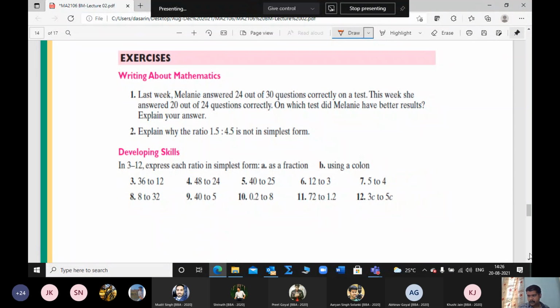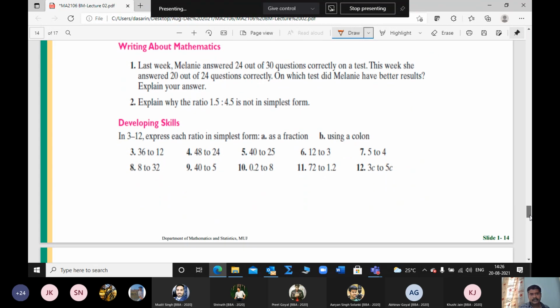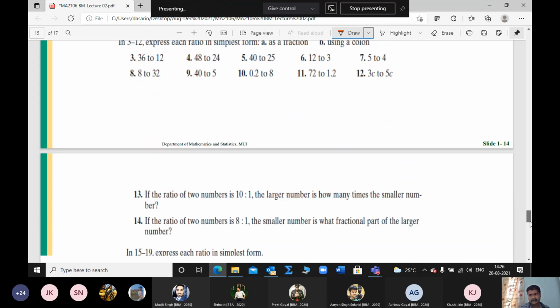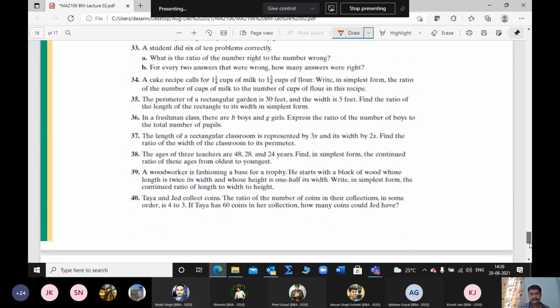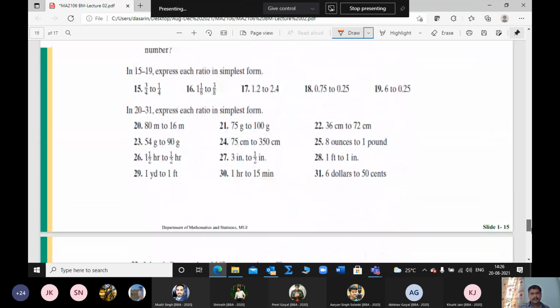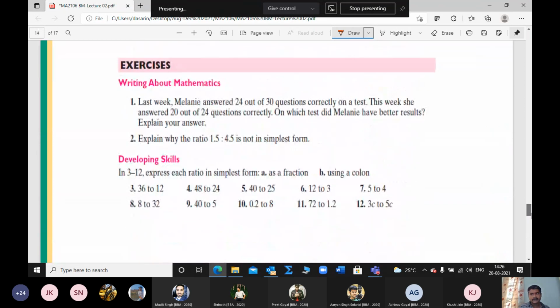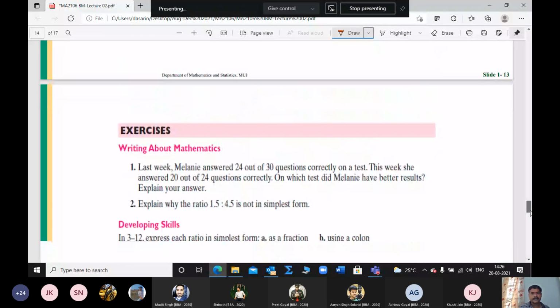So right now we have 4 more minutes left for this class. I'll stop here, but I request you to solve the remaining questions. We'll discuss the answers to the remaining questions in the next class. Now tell me if there is anything to clarify in this lecture. I'll try to clarify, otherwise I'll stop.